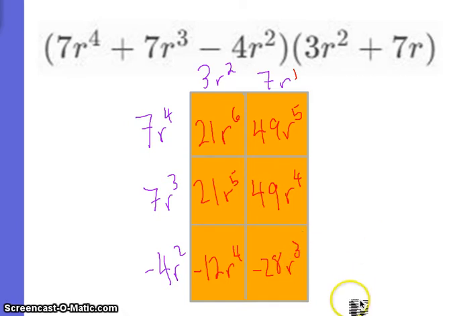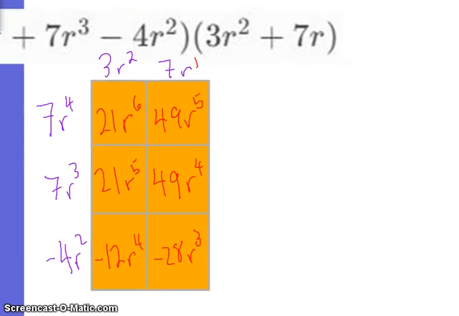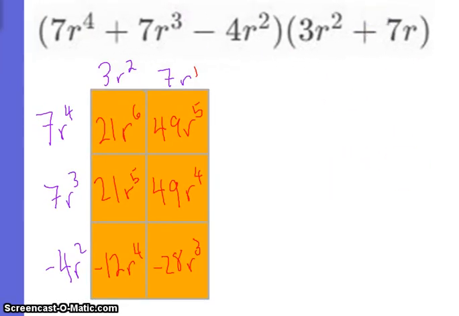So I filled out my box, and on this occasion I wanted to write it out lengthwise before I looked at the diagonal, just so you could see what it looks like lengthwise, because I am just adding all of these terms together, and I need to write small. Don't write this. 21r to the 6th plus 49r to the 5th